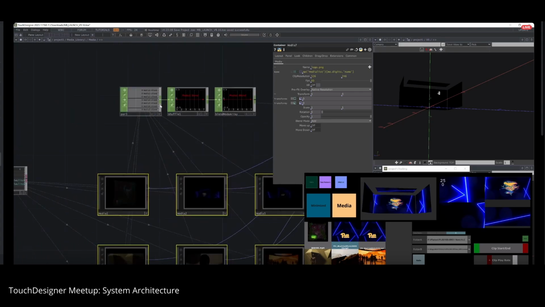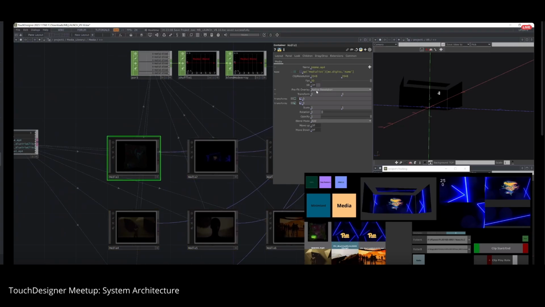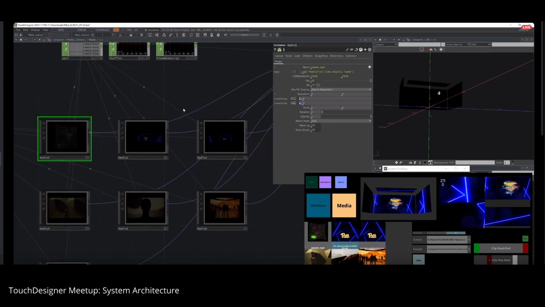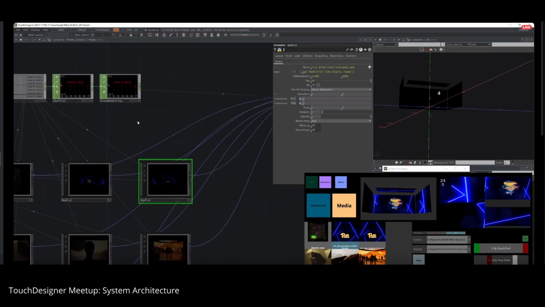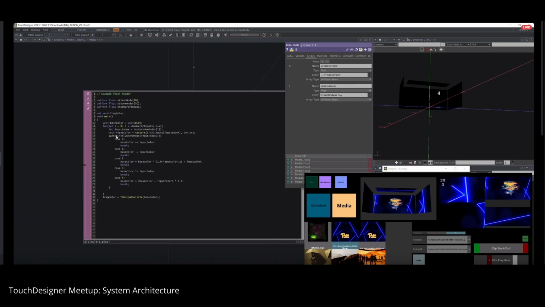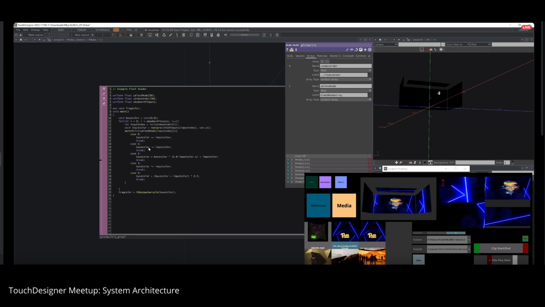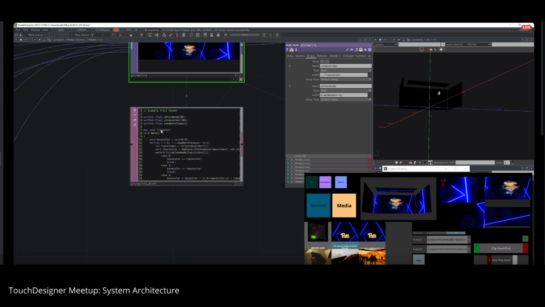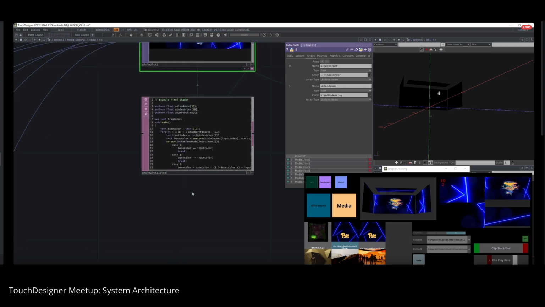One array is the blend mode. So each one of these has a blend mode. And then that gets sent as an array into the GLSL, which is over here, the different blend modes. And then it also has an index order, which is the more convoluted part of this,